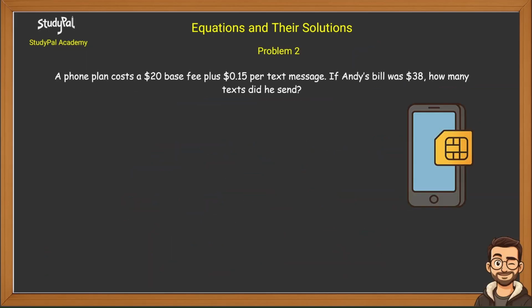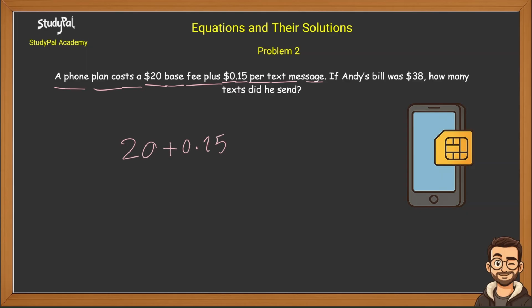Let's go to the next problem. It says a phone plan costs a $20 base fee plus $0.15 per text message. What does that mean? You need to pay $20. It is fixed. It is constant. Plus